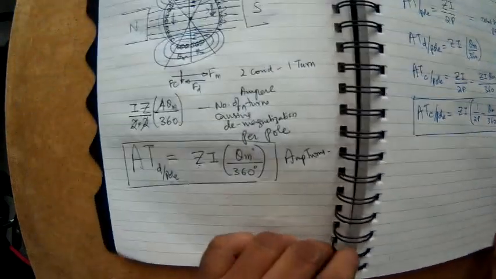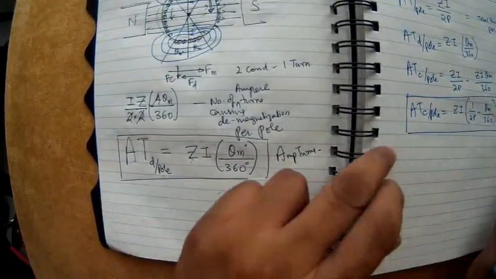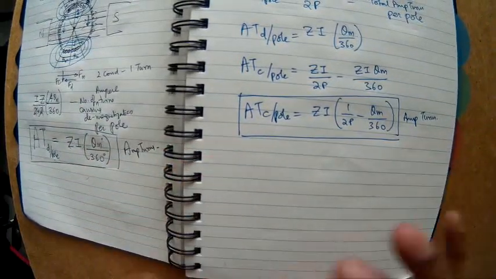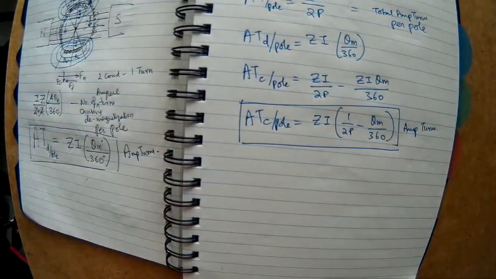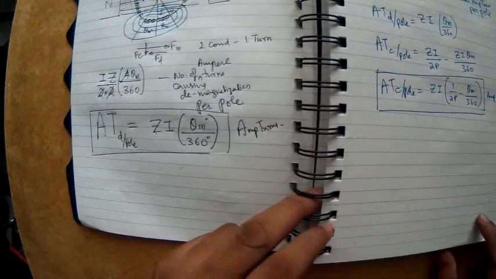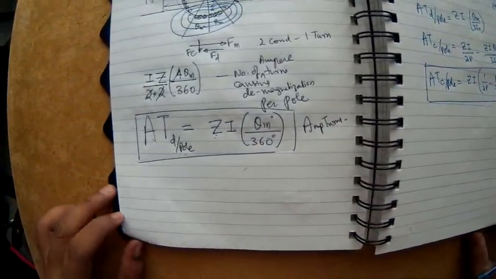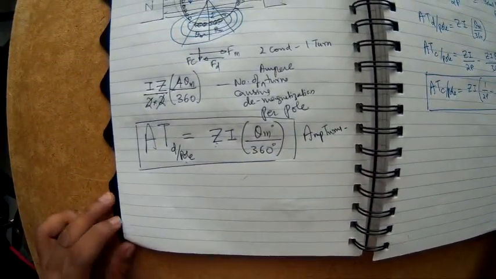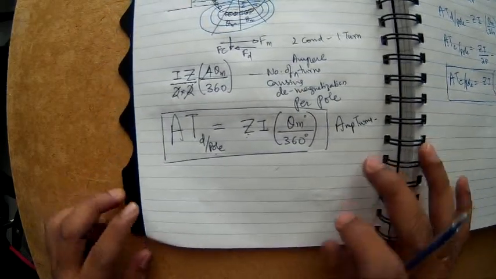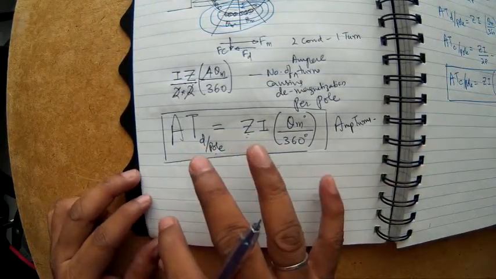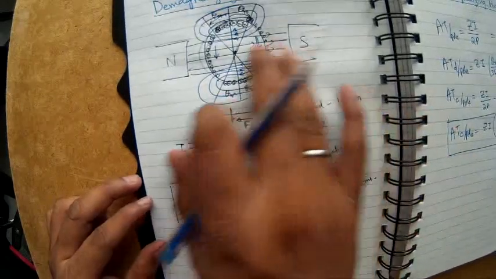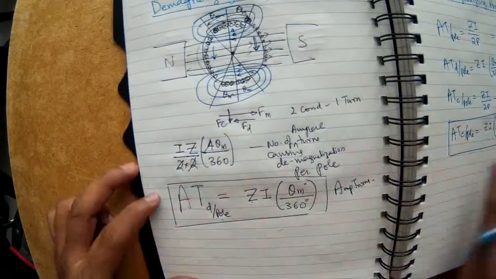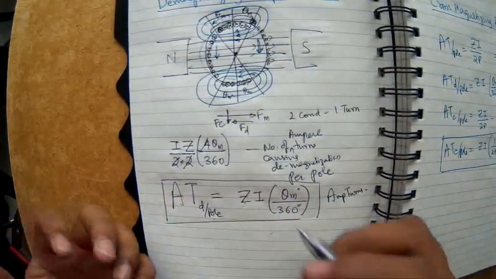Once you calculate the ampere turns causing demagnetization and the ampere turns causing cross magnetization, you can design the machine such that you cancel out these effects of armature reaction. So how do you cancel out the effects of armature reaction? Let's come to the demagnetizing ampere turns. Now the main field is getting demagnetized. So what do you do to restore the original magnetic field Fm?